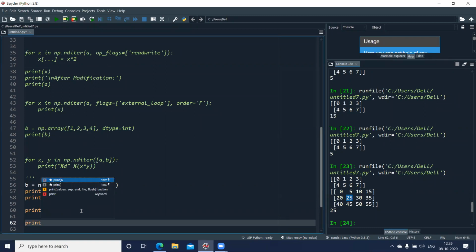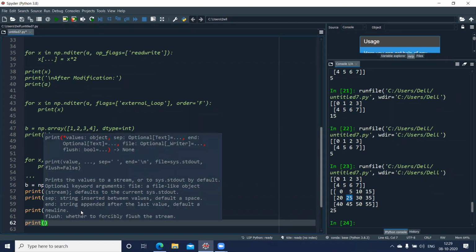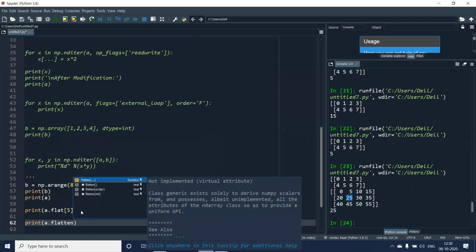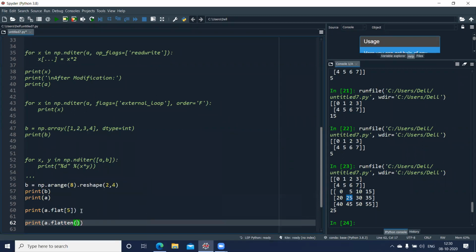So I'll have print, and this time I'm going to make use of the last one. So I'll give print. And I'll mention we can also have directly, I can write A dot flatten, and just put the empty brackets.